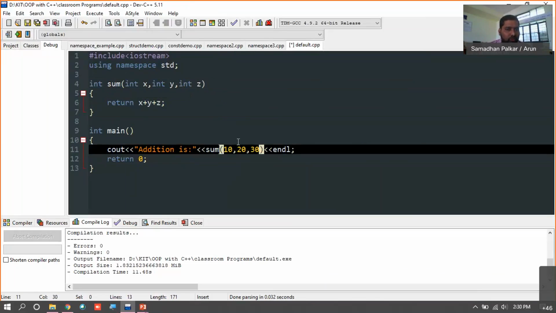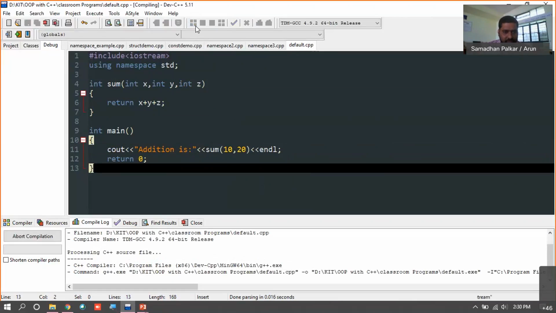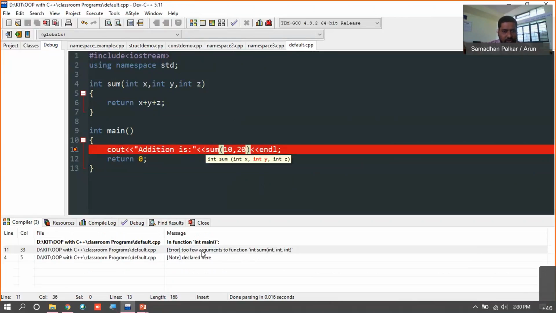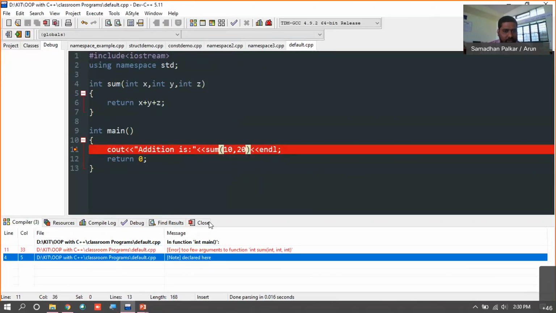When you are calling this function, and if you are not providing the parameters which are there, total 3 parameters are there, it will give you an error. Just check the things. Yes. So, too few arguments are there, right? And you need to provide total 3 arguments, right?